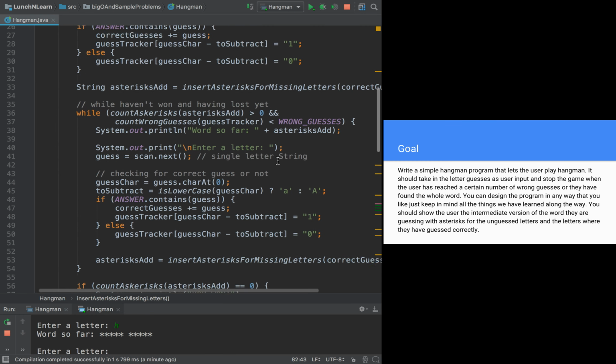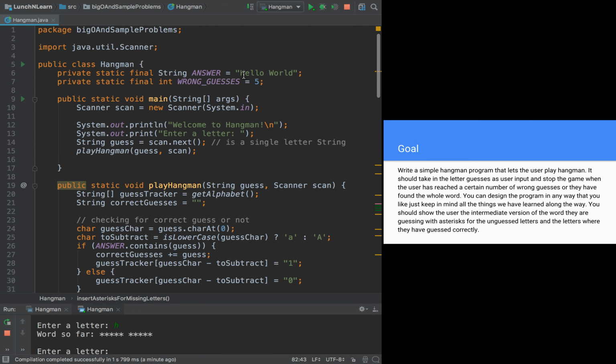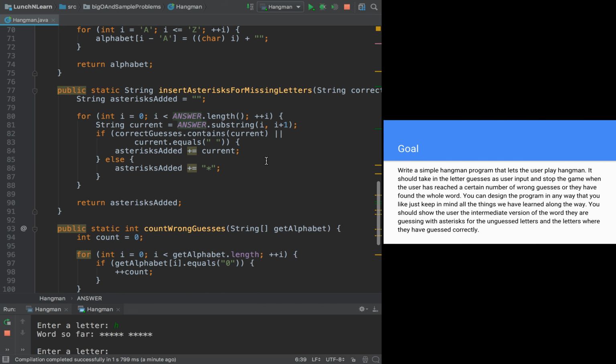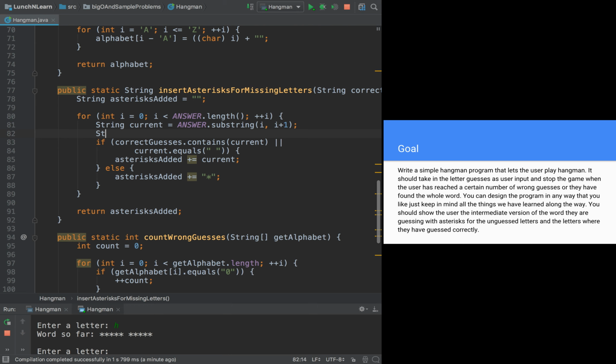But I know that it can be upper or lowercase in my final word, right? So what I'm going to do is say string current uppercase equals current, or sorry,